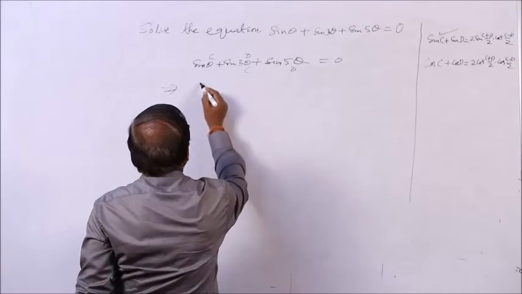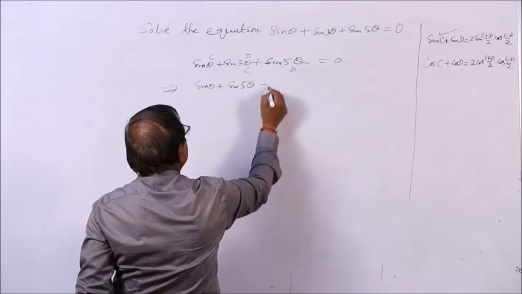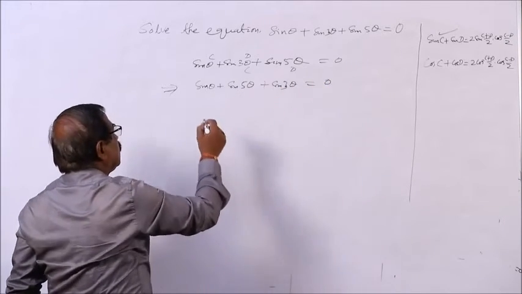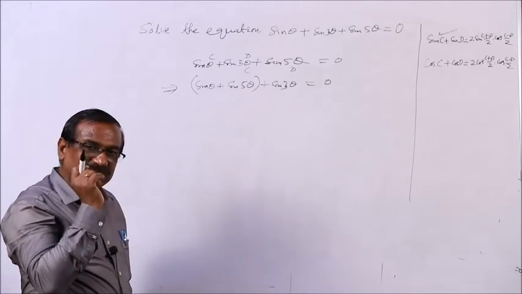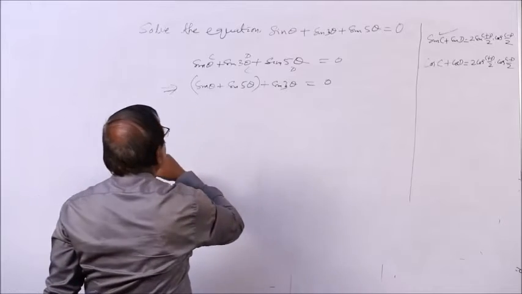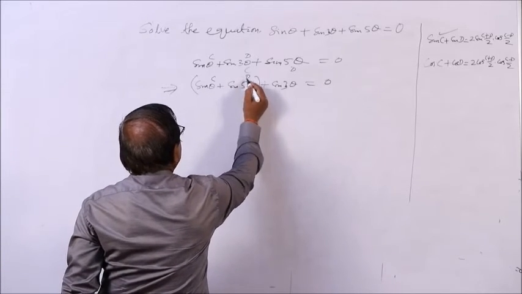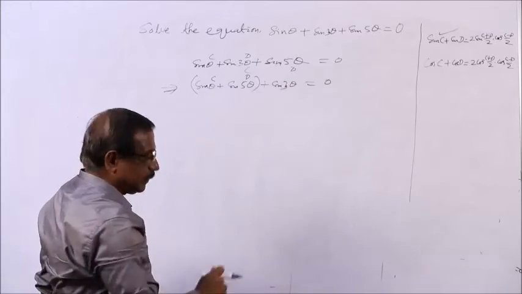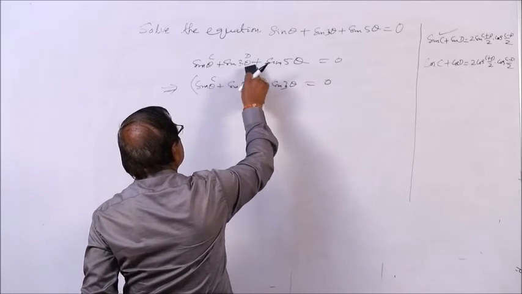I am writing this: sin theta plus sin 5 theta plus sin 3 theta is equal to 0. I have written this. So, you may ask why I have taken this. This should be the question of the student. You see, if this is C and this is D, C plus D by 2 will be 5 theta plus theta by 2, which is 3 theta. You have to understand these things, please. Just listen carefully.